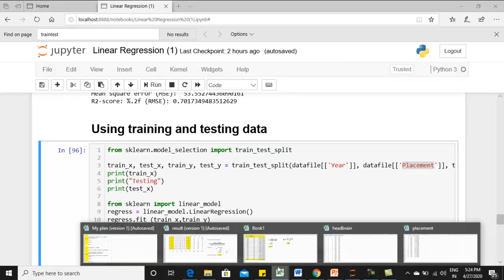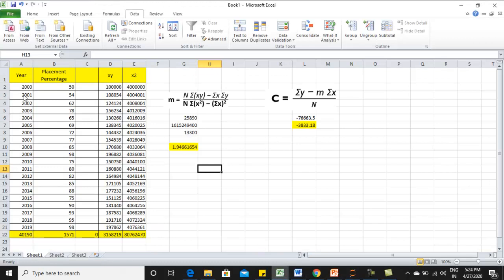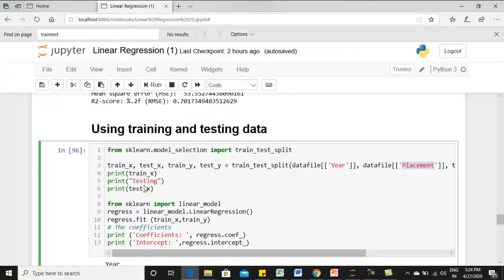So accordingly, if you take this data set, random numbers will be generated. How much is 70% of 20? 14 rows. So 14 rows will be selected for training and the remaining 6 rows will be taken for testing. That will happen randomly, and when you print, we have printed train x and test x.